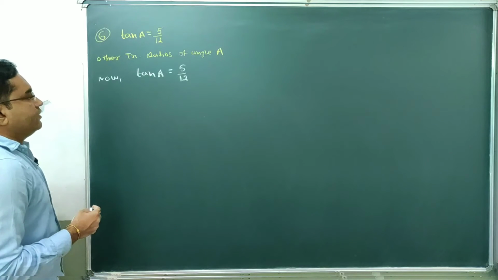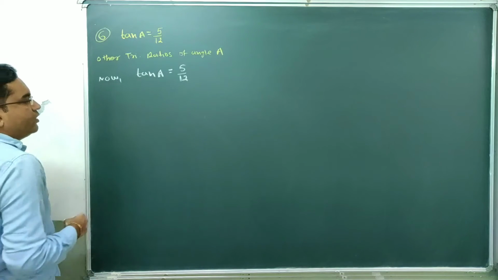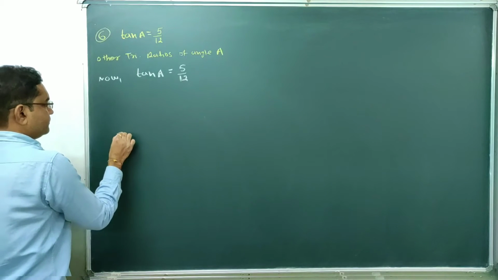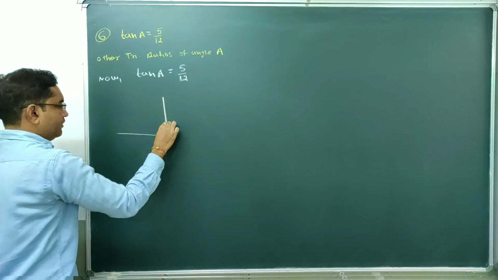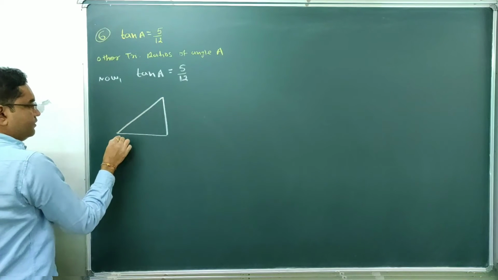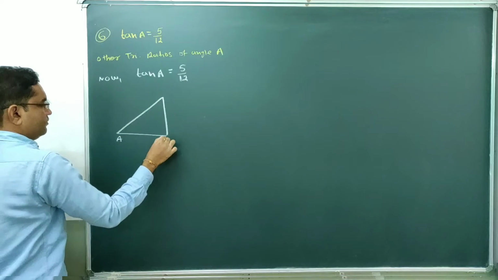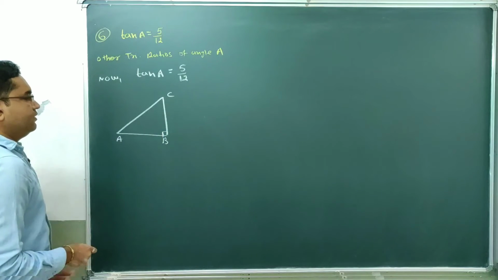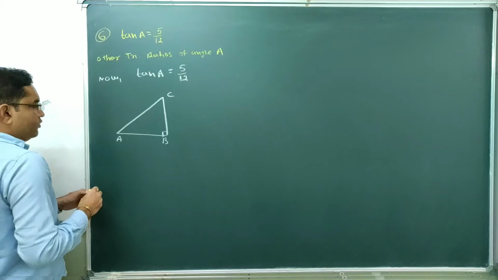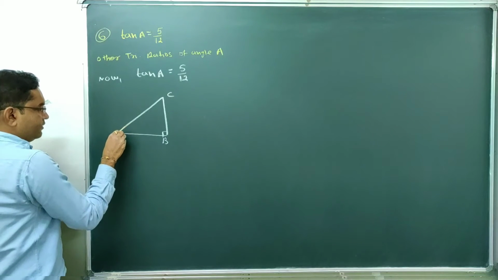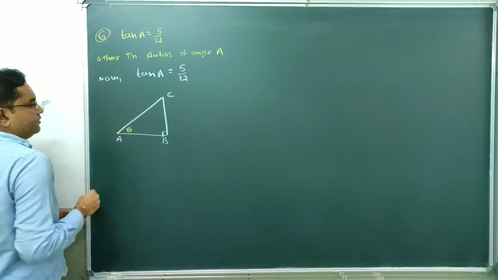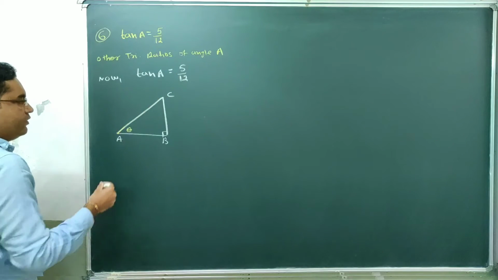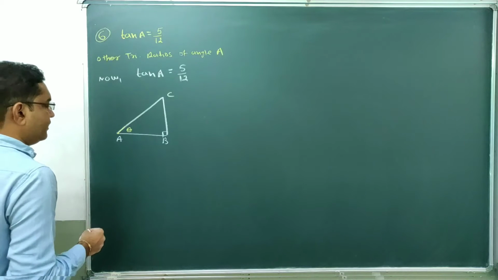So in first method we are trying to solve this question by using triangle method. So consider one right angle triangle. This is one given right angle triangle. This is A, B and C. This is right angle triangle, right angle at B. And here the trigonometric ratios are defined for this angle A. Let's say this is theta. Done? So for this right angle triangle, tan A is 5 by 12. We have to find all other remaining trigonometric ratios.